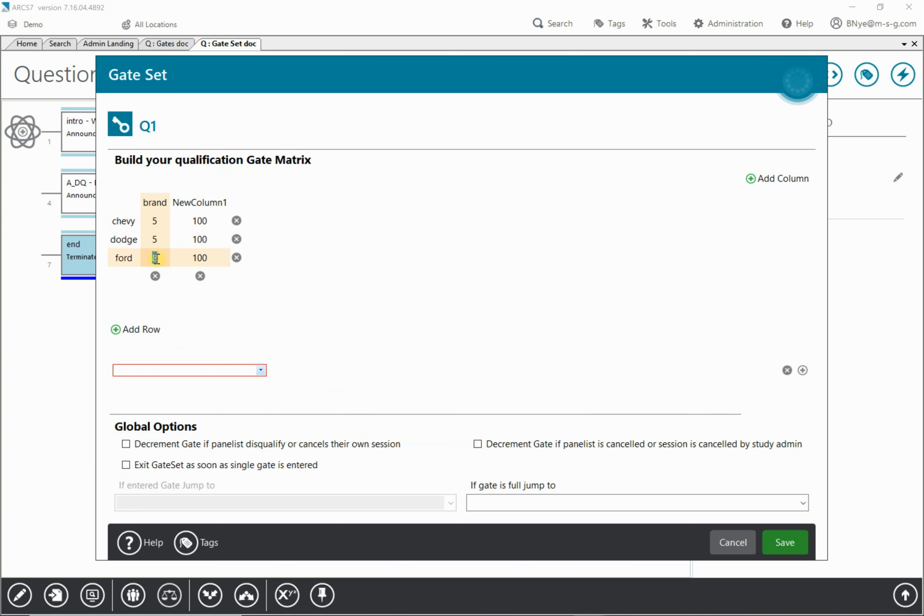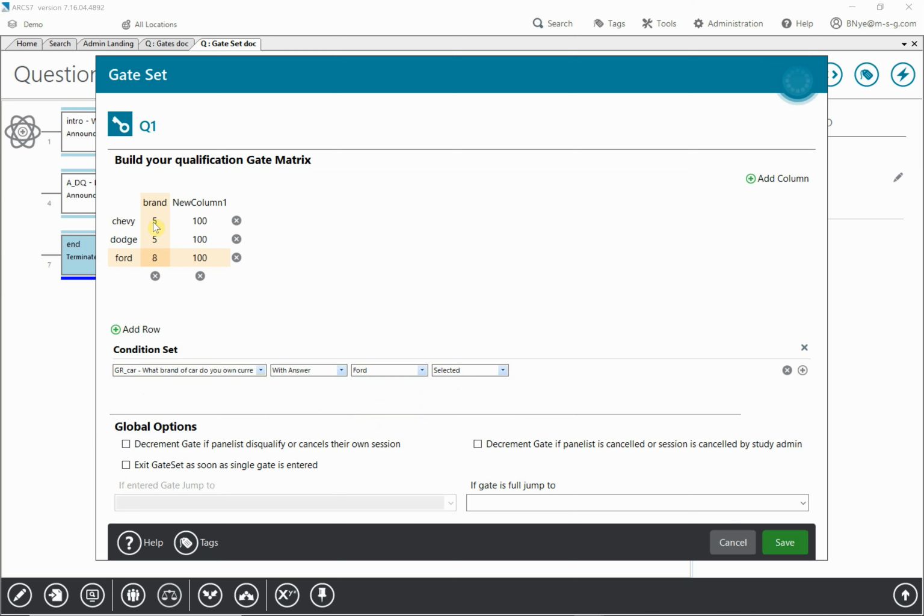And now for Ford, I can go through and click Ford, with the answer is a Ford, and Ford is selected. Okay, so now I have each of these criteria that it's going to go through the gate